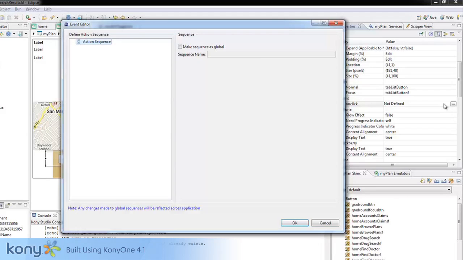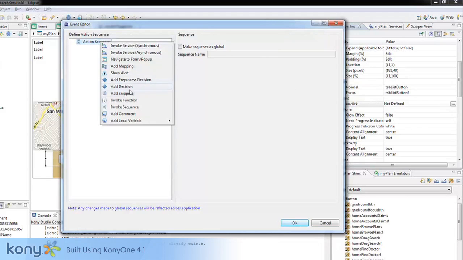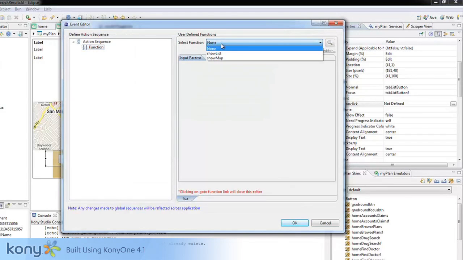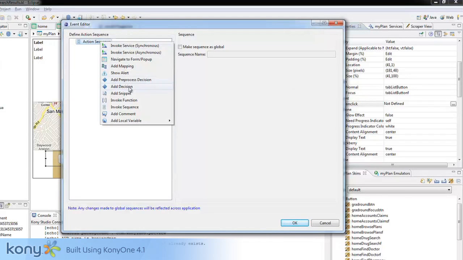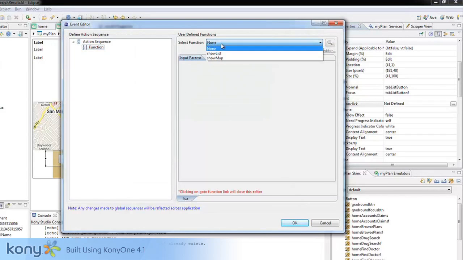This will launch the event editor. Numerous actions and decision trees may be created in the event editor, but for now we will only be referencing a Lua function. Right-click on Action Sequence and select Invoke Function. Then, select the appropriate function that has been created in the Lua module to assign to each of the buttons